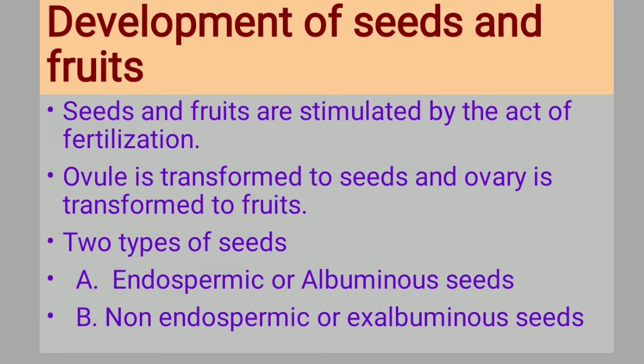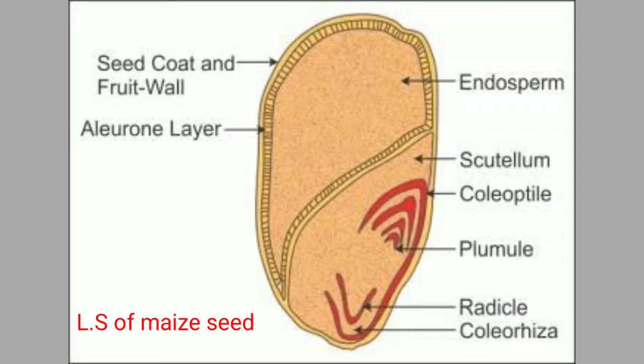Then comes the structure of the monocotyledonous seed. During the first stage of development, the monocotyledonous seed has the same type of ovule, which is oval shaped. But during the later stages of the development of the embryo, there are a few changes. Some special parts are developed that cover the radicle, plumule and the cotyledon inside the seed.